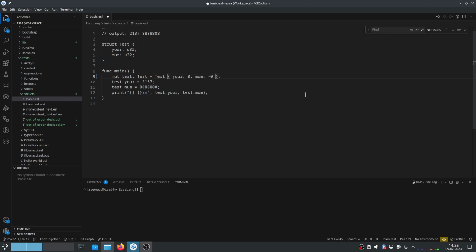But for now, I have a hack which allows me to default initialize so that I don't need to implement this inline structs operator, but expression. But yeah, today I will implement struct methods,